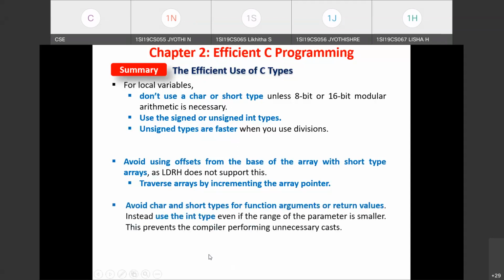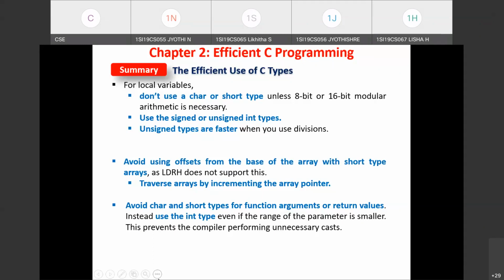And one last point you need to remember is to avoid character and short data type for function arguments or return values. Instead, make use of integer data type, even though the range of the parameter is smaller. So even though you want an 8-bit value to be used for performing the operation, load that 8-bit value to a 32-bit register. That means we need to take the data type as integer type whenever you are passing function arguments.